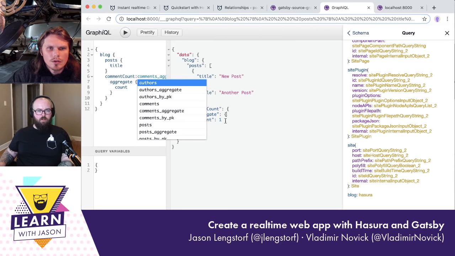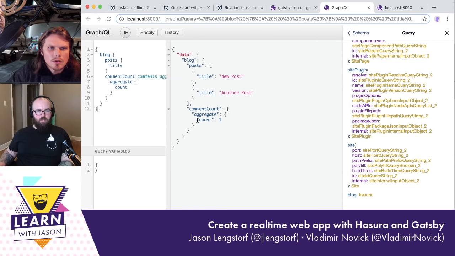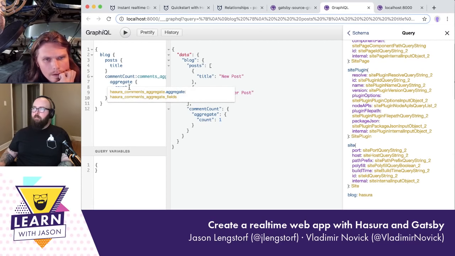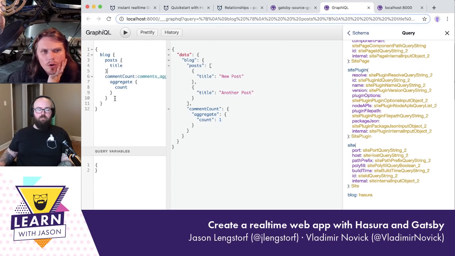Okay, so now the only catch here is it shows me one, but it doesn't seem to be limited by post. It's just total comments in the table. If you want to get the specific comments for specific posts, basically what you can do,